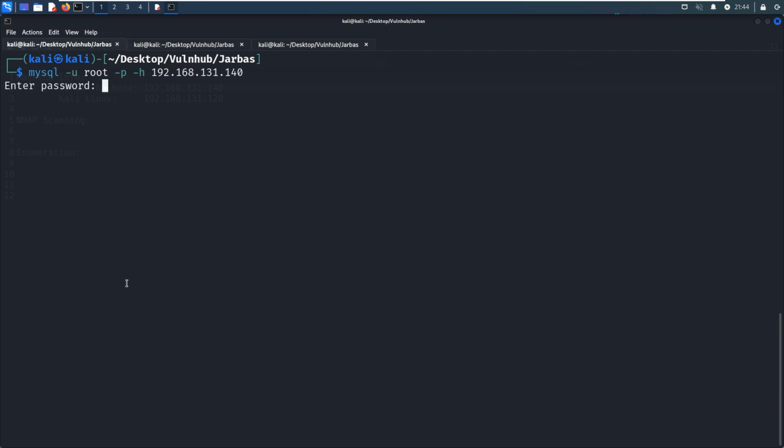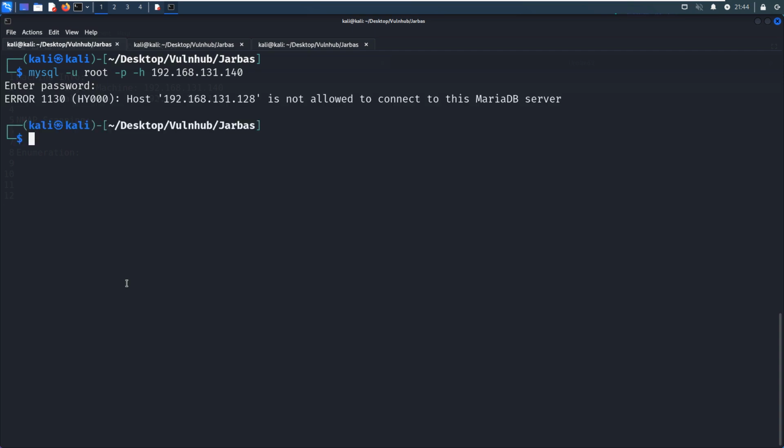And we can use root as the password. Yeah, this host is not allowed to connect to this target MySQL server or MariaDB server.